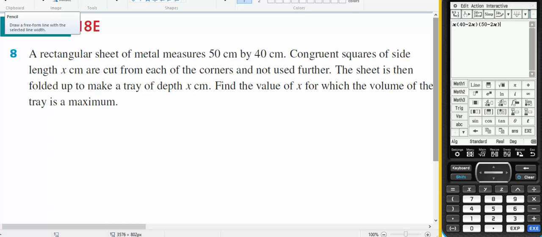This is for Year 11 methods. It comes out of 18E question number 8. It's a maximum and minimum problem. And remember, the structure that we have to solve maximum and minimum problems. 1,